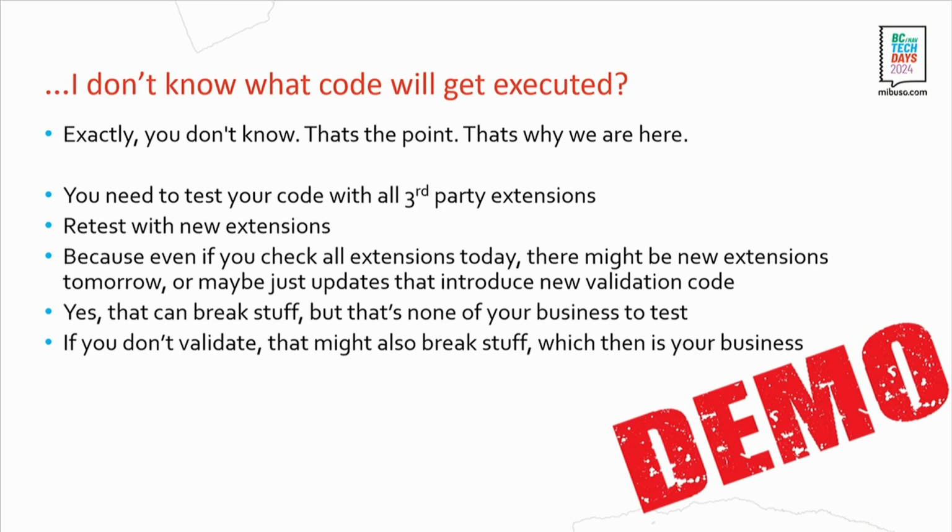This is very much about testing. You can do automated testing, you can do manual testing, but you need to test. The only way you find out if all of that is working, if you populate the records with your code correctly, is to test it. And you need to test with all the extensions installed, because all of them could add stuff on after validate, on before validate, and you need to account for all of this. Now, when it comes to app source, it's really hard to test your app source code with all possible extensions installed. So that might be a challenge there.